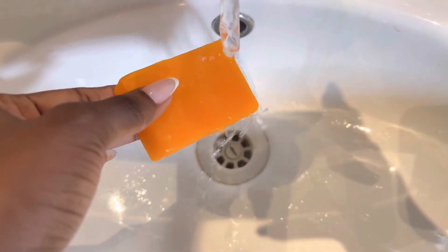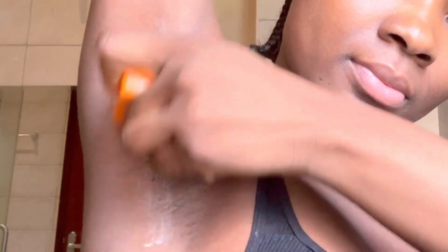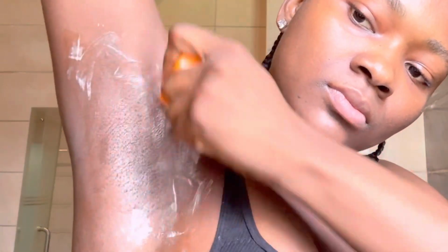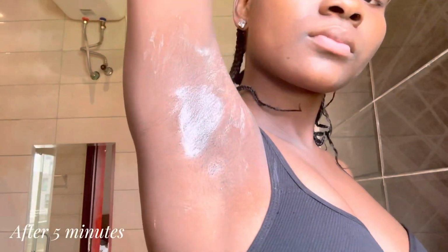So I started off by wetting it a bit, and then I just rubbed that under my arm in circular motion, just literally worked it in there. I quickly discovered that the easiest way to do this is to first wet my underarms and then go in with the soap, and that is what I did. So I left this on for 5 minutes. Then after 5 minutes it dries down like that, and then I just went ahead to wipe this off with